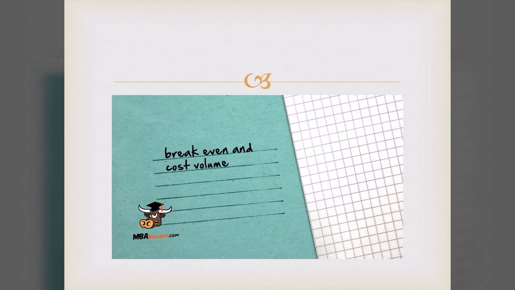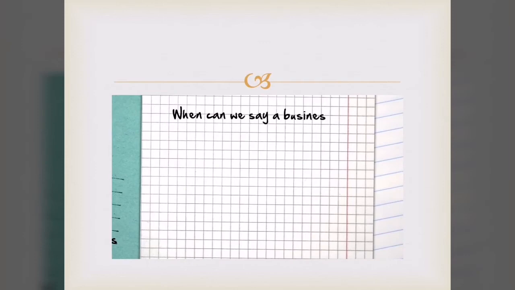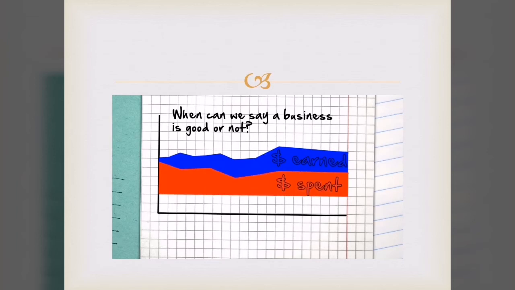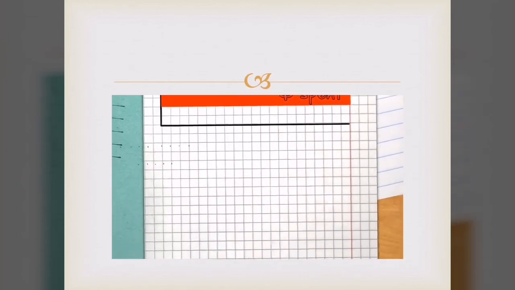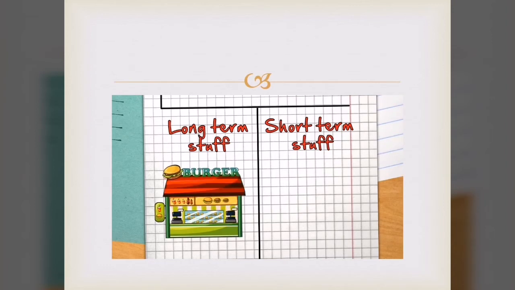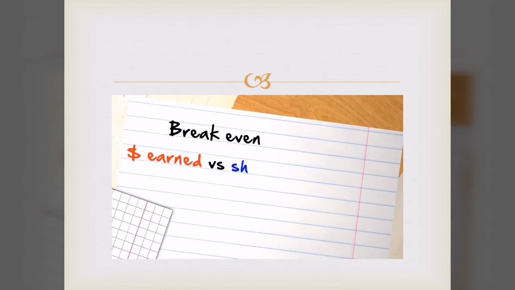Break-even and cost volume profit analysis explained in 3 minutes. When can you say a business is good or not? Quite simply, it's good if the money earned is more than the money spent. However, a business has to spend on long-term stuff and short-term stuff. For example, if your business spends on a new shop, this is a long-term thing. If it spends on the cost of lemons because you're selling lemonade in a lemonade shop, this is a short-term thing. When we say that a company breaks even, we are generally only comparing money earned against the short-term stuff,